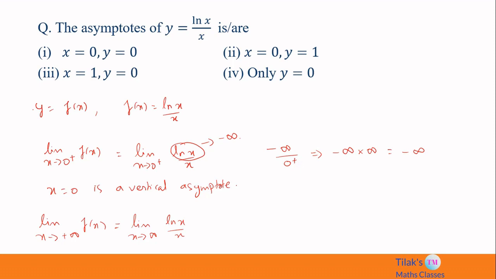We can use L'Hopital's rule here. We will just differentiate the numerator and denominator. So, this limit is the limit as x tends to infinity of the derivative of ln x, which is 1 by x, divided by the derivative of x, which is 1. So, this is merely the limit as x tends to infinity of 1 by x, and since x is tending to infinity, 1 by x tends to 0. Now, since the limit as x tends to infinity of f(x) is a finite real number, we can say that this curve has a horizontal asymptote of the form y = 0. So, there are two asymptotes for the curve, one is x = 0 and one is y = 0.